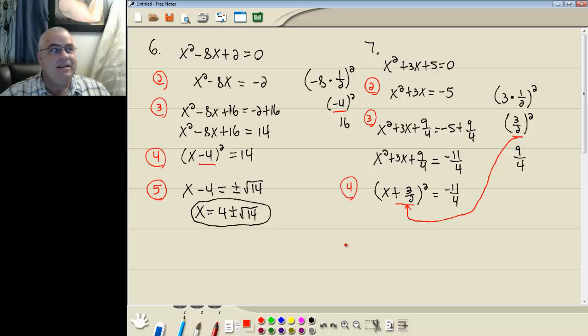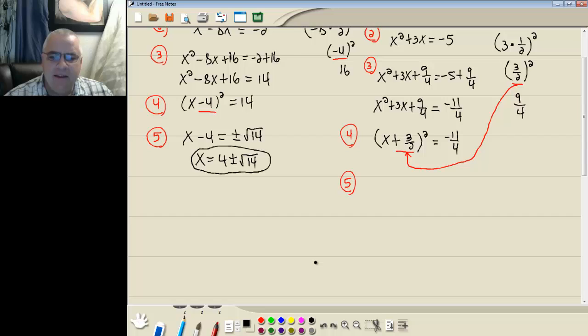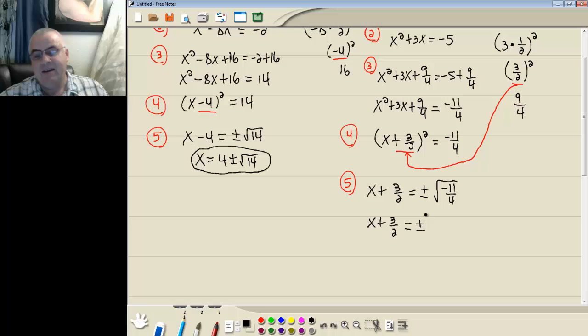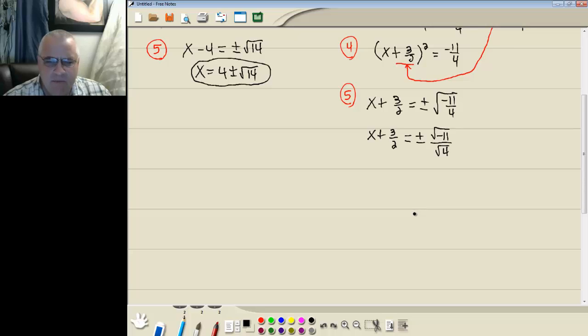Okay, step 5. Use the square root property to solve for x. Again, if you got something squared equal to something else, square root property says drop your squared. So I got x plus 3/2, and then you put a plus or minus square root around the other side. Well, we've said before we can't have a fraction inside of a square root, but we've got a property. It says we can split it up. You can put a square root around top, and you can put a square root around the bottom, which creates a separate issue because we said we can't have a radical in the denominator. But that's okay,